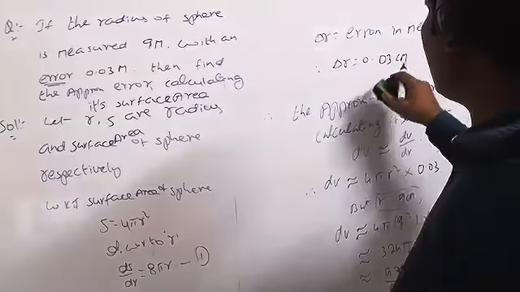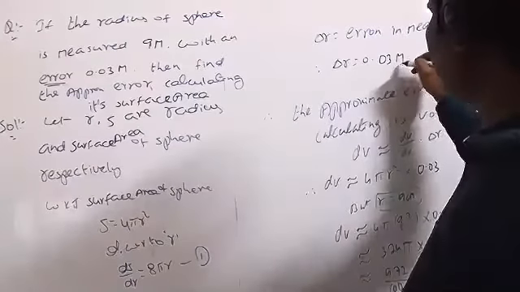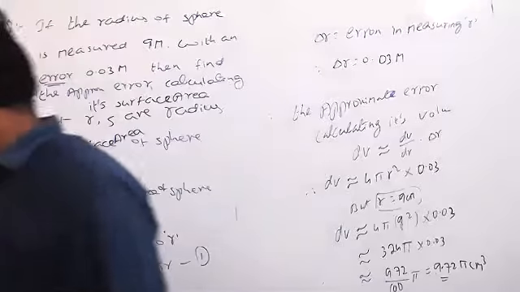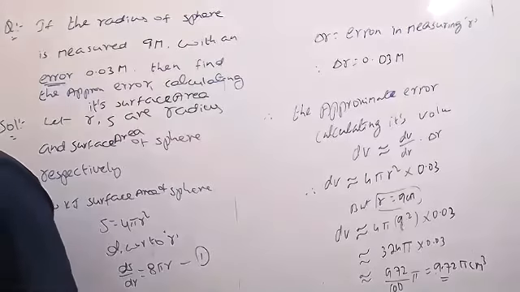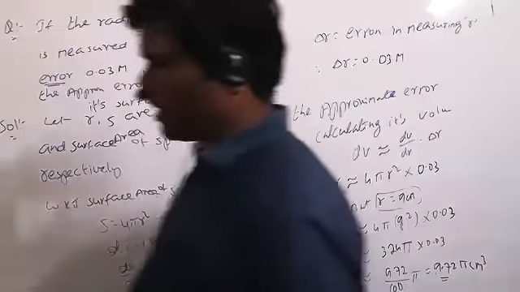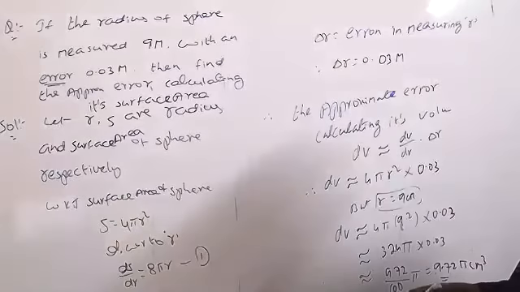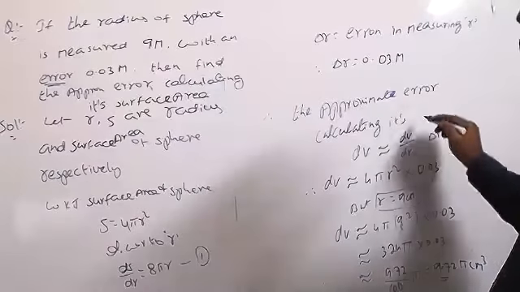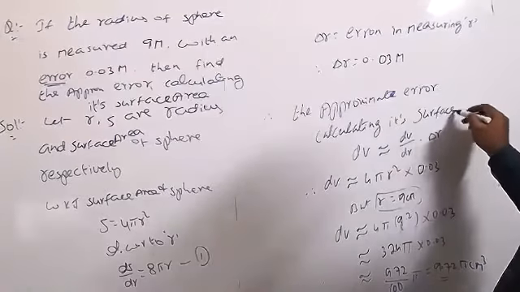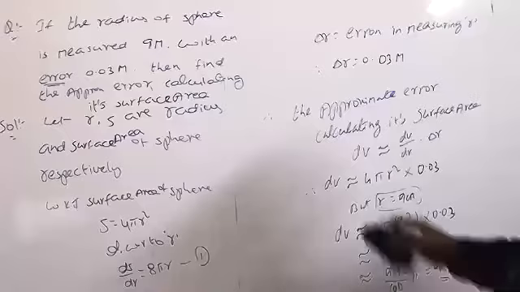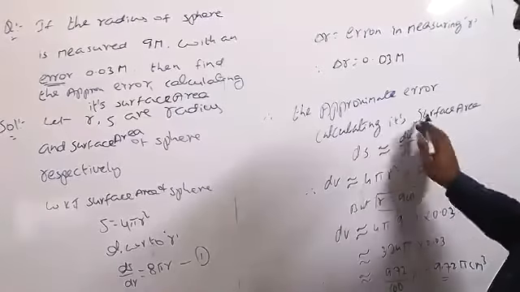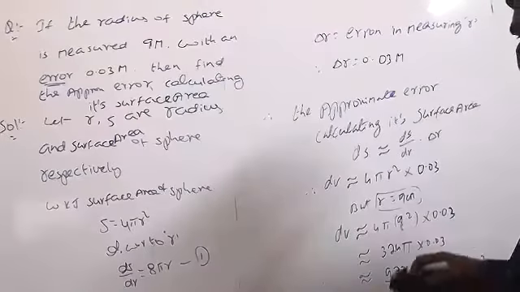2.16 pi r. Here you can write the same thing. Sir, I'm getting 2.16 pi meter square. 2.16 pi is correct, meter square also. Okay, because surface area means always square units. Volume means cubic units. So here you can write its surface area. So this is the ds, ds is similar to ds by dr into delta r.